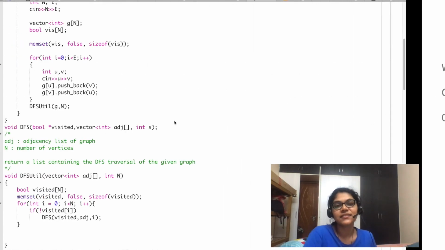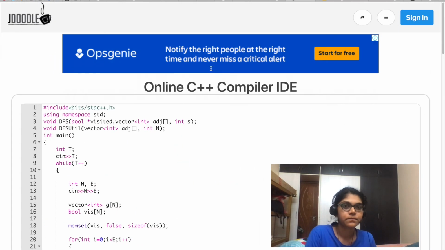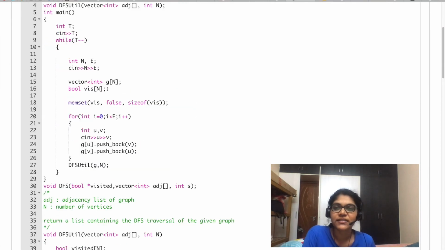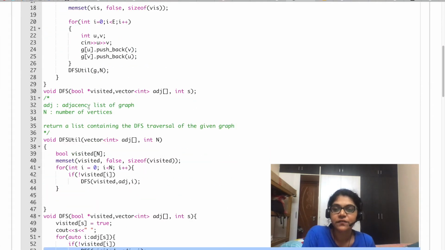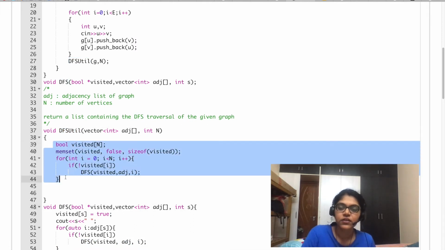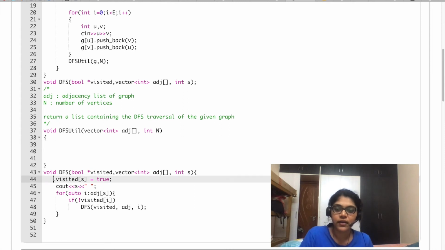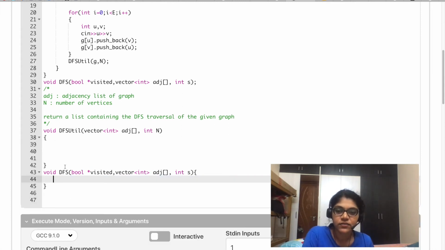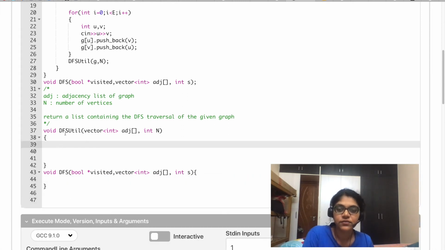Now let's just write some code. So this is the driver code I have written for the function. This is the DFS util function and this is the DFS function. In the DFS util function we are going to declare the visited array as false first.